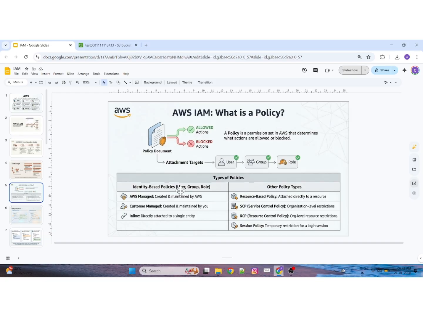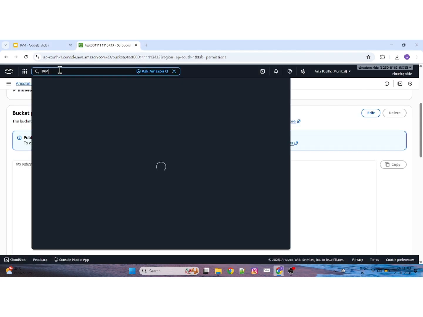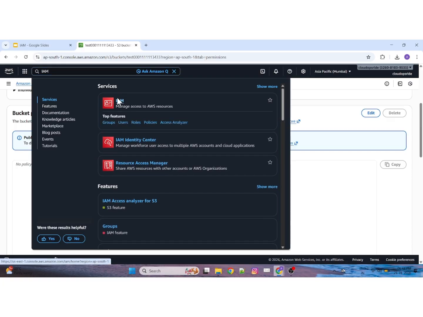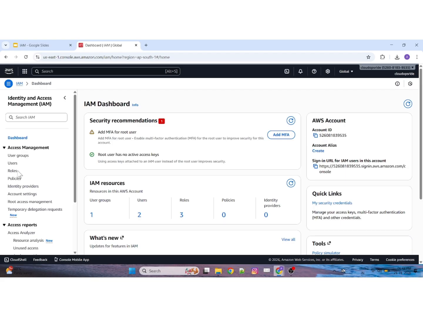So suppose I'm attaching a policy onto a particular user, right? And that policy is defined in such a way that I cannot reuse that particular policy onto any other user. It is aligned to that specific user, right? If you come over here, if I go to the IAM section, policies,